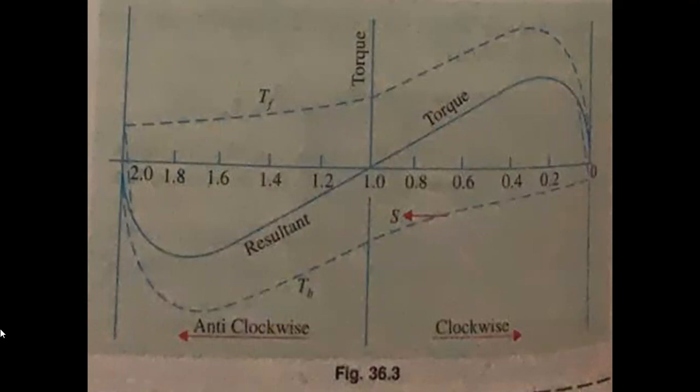So see here, each of the two fluxes will be rotating in the stator. In the stator, the fluxes will be rotating and they will cut the rotor and they will induce an EMF. So due to the EMF, you are producing a torque. Okay, so now we will see some formulas.